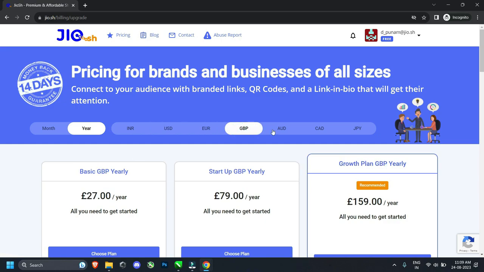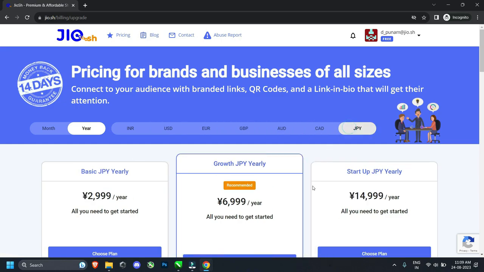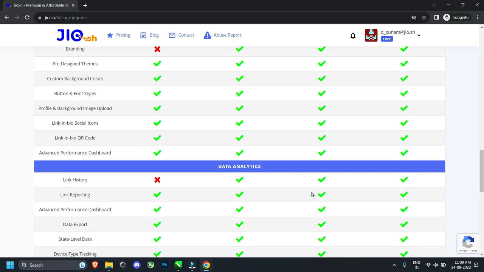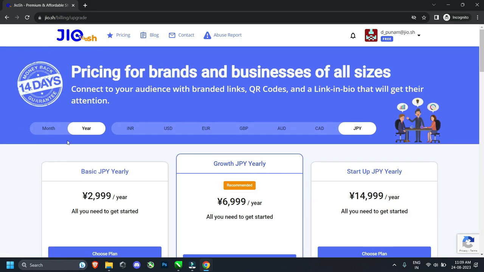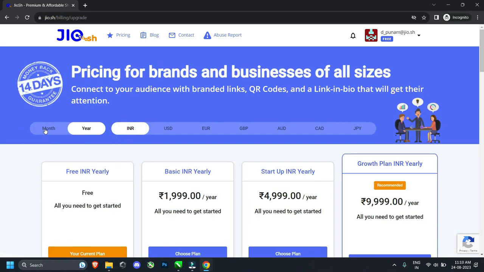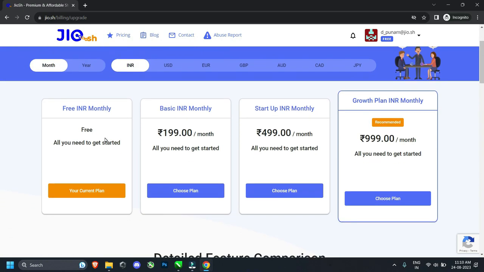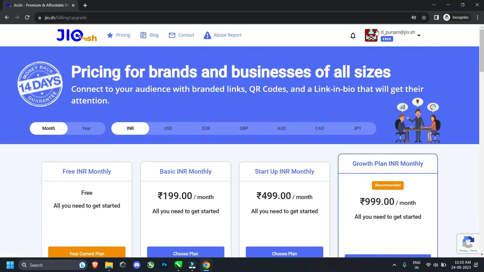We provide both monthly and yearly plans, with pricing displayed in Indian rupees as well as in United States dollar, euro, Great British pound, Australian dollar, Canadian dollar, and Japanese yen. Please note that the free account allows the creation of only 20 links, while our paid plans unlock additional features